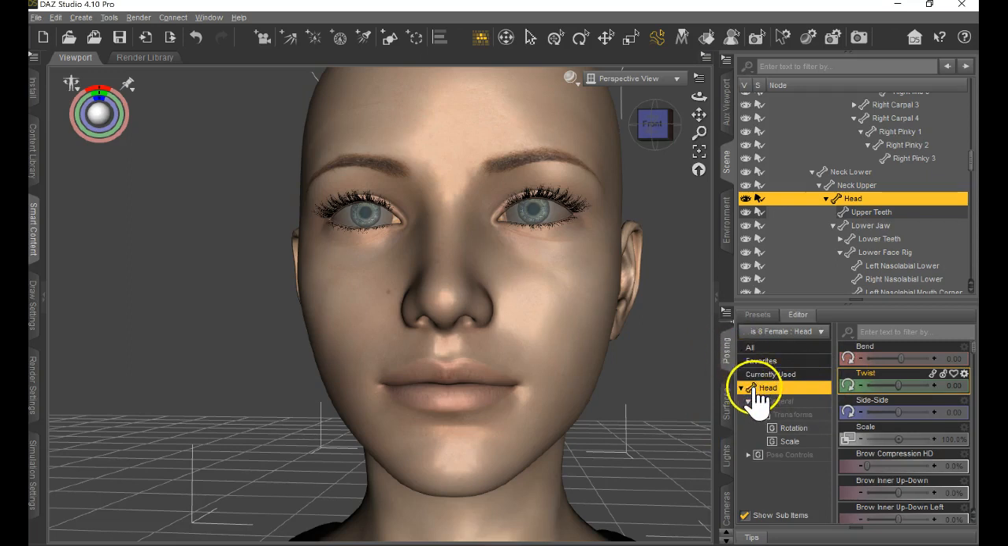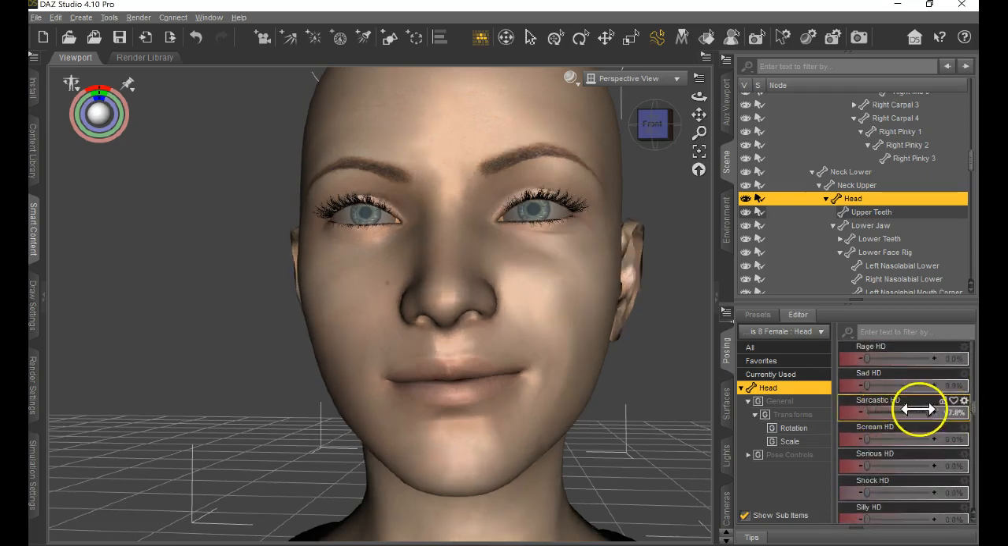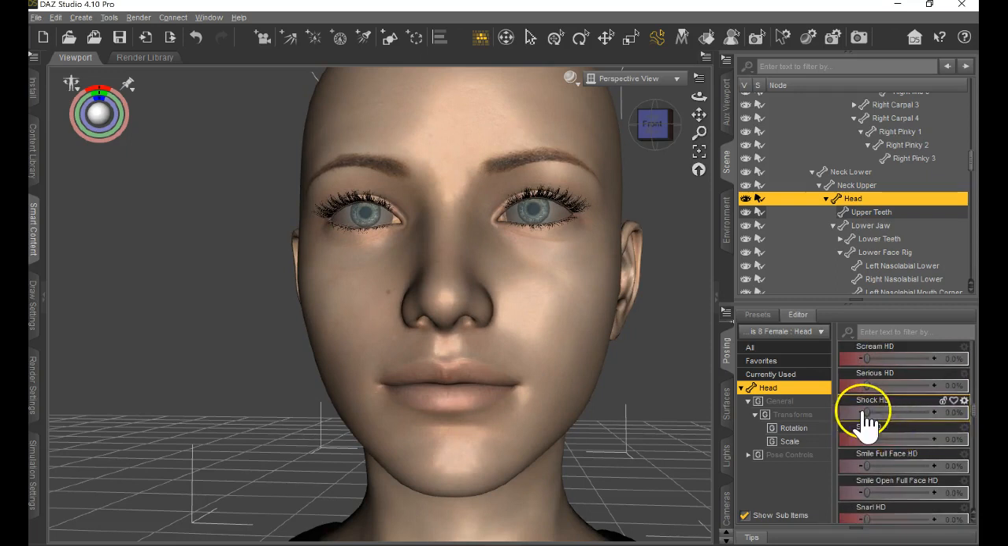Now, if I want to play with face morphs, I go to posing. I want to play with the pose of the actual face, and I choose the head. That's the node I choose under Genesis Female. And I have all of these morphs. Now, if I want to make her sarcastic, in shock,